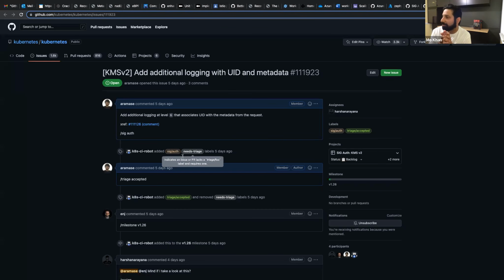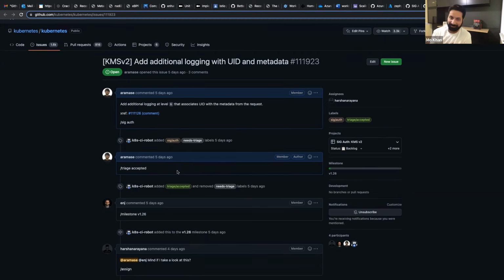And this was basically the original KEP we had written that we had pulled out and then made as a sub item in the second KEP, but then forgot or ran out of time for also, which is basically just logging within the API server logs to be able to say when you see this UID on your KMS plugin, or whatever you see in your key vault or wherever it's going, you can trace back to what was the event within the API server that caused it to do that, if you so choose.